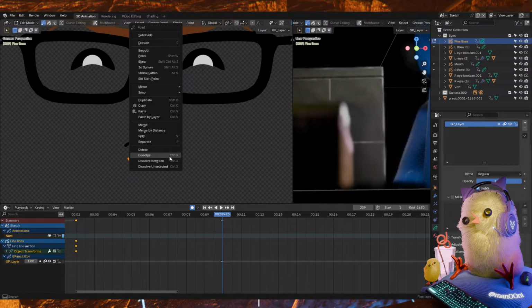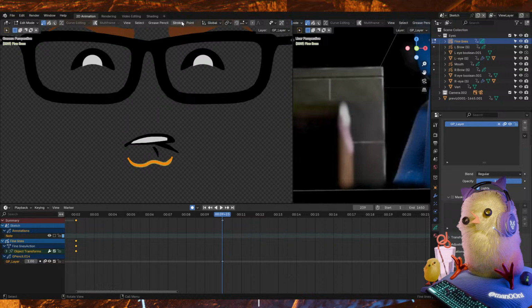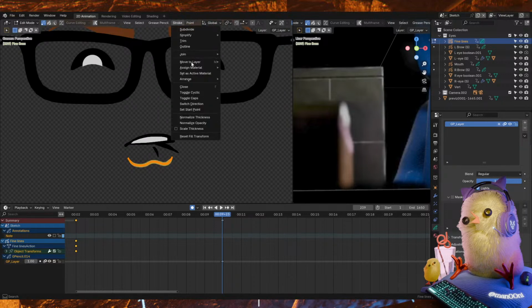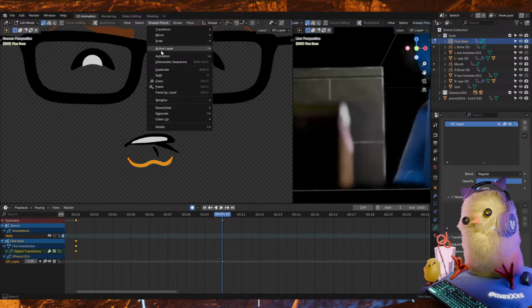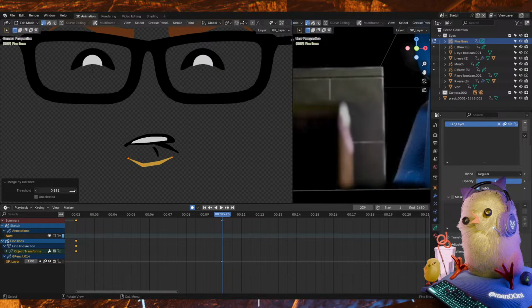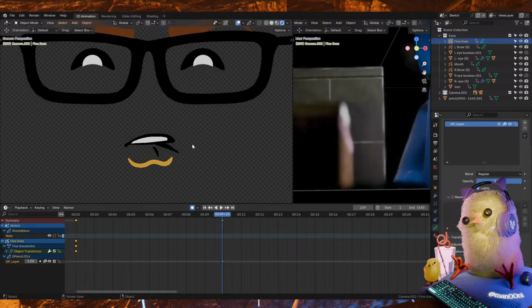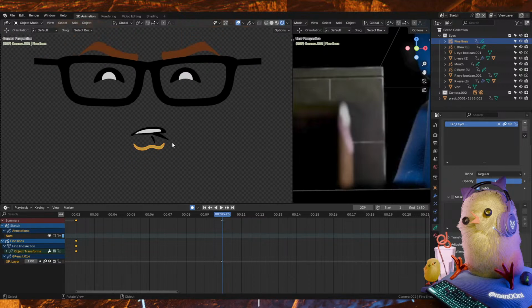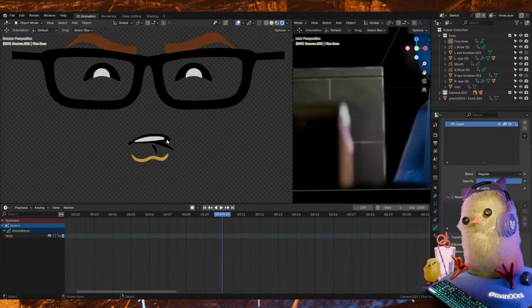No, dissolve between is not going to work. So I think I'm just doing it wrong, but this is how you do it. Stroke. No, not stroke. Grease pencil. Clean up. Merge by distance. And you know the drill. And you either increase or decrease how you see fit. And that is all you gotta do for the next